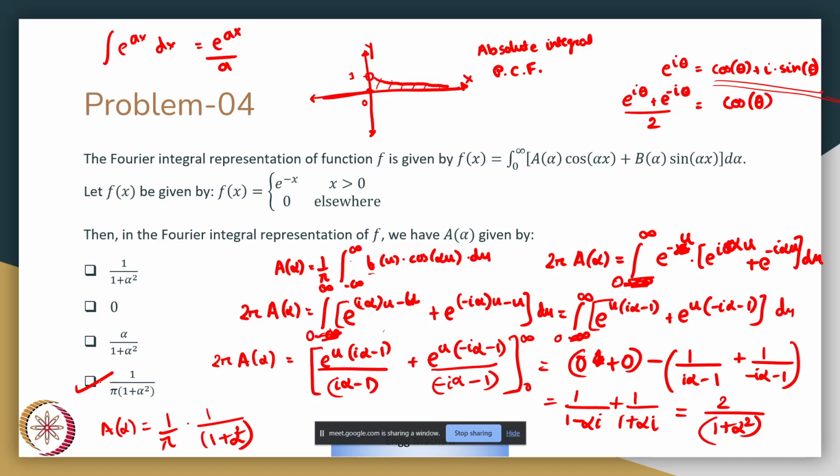So in this particular problem, we are able to find the Fourier integral representation, specifically one of the coefficients required for computing it. And with that in mind, if there are no more doubts for this particular example,